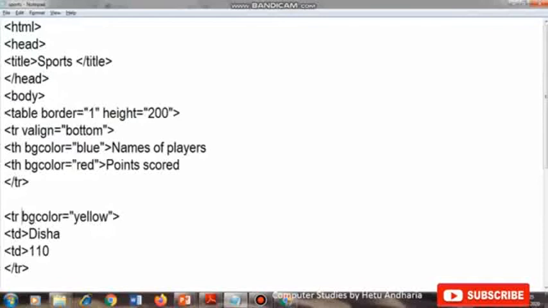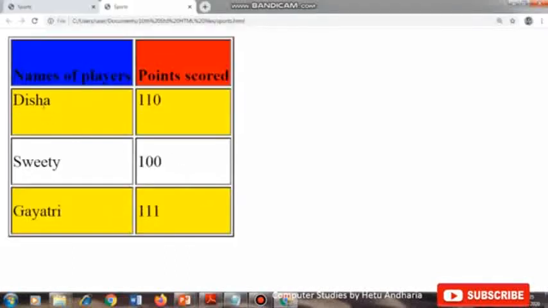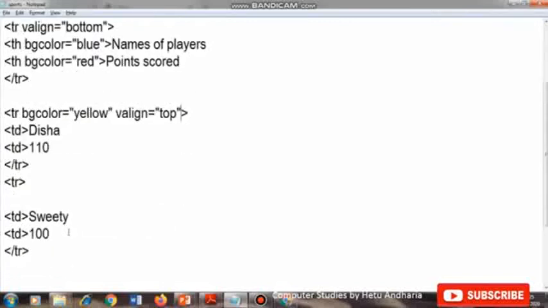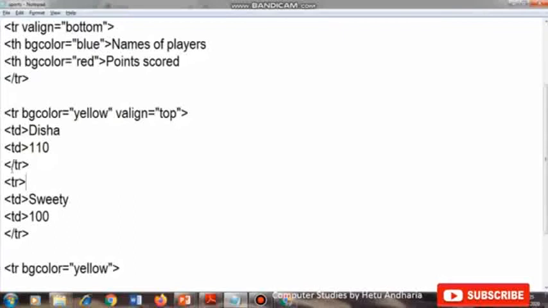Now in the next TR, we will change the alignment. V-align is equal to top. So it will go to the top. Then baseline, in this row we'll do it.